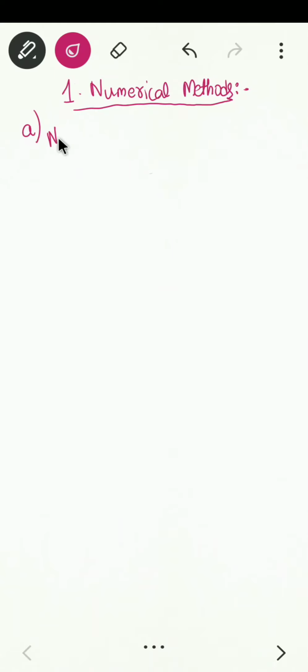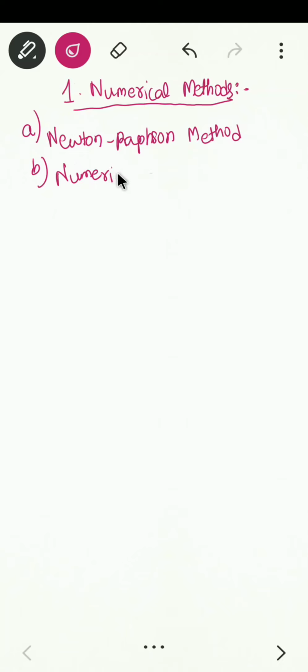First one is the Newton-Raphson method. You can just see previous years' papers, most of the time bits have been asked on the Newton-Raphson method. After that we have numerical integration. This is very important. If you don't get a bit from Newton-Raphson, then there is a chance that it will come from numerical integration. Along with that, in this crash course itself we are going to see different methods such as